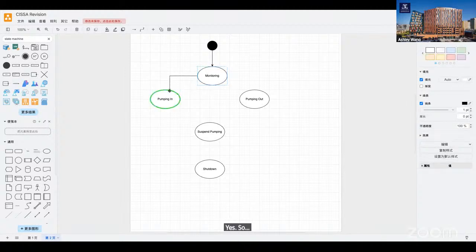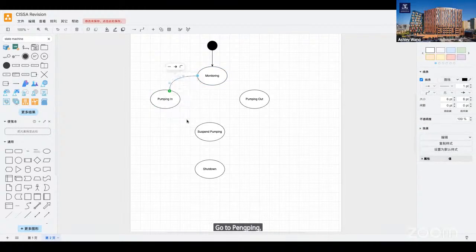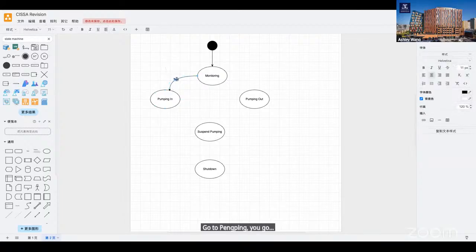So to go to pumping in, the level drops below the minimum level, right? Would that be like a guard action? No? I feel like that's gonna be a trigger, because there's no other option for you here, right? Okay. Does that make sense? Yeah.